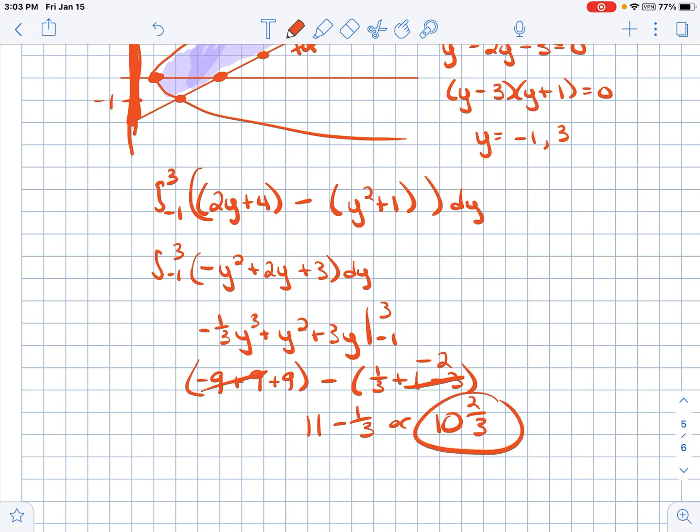It doesn't matter. Both of those are correct. So that's the area between those two graphs. You're just looking at it from a different perspective, but it's all the same process. Okay, here we